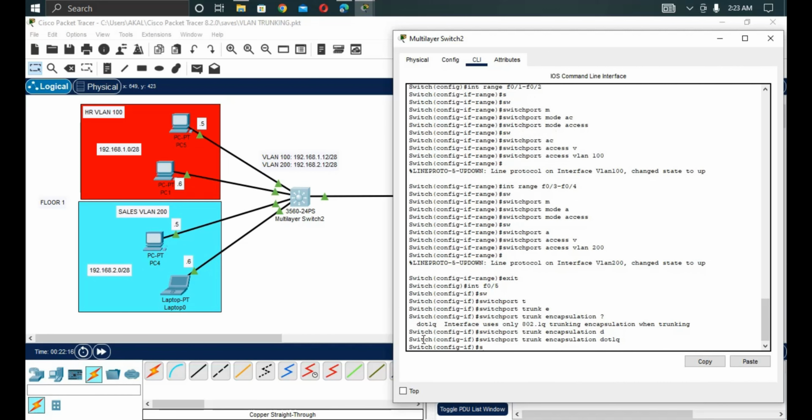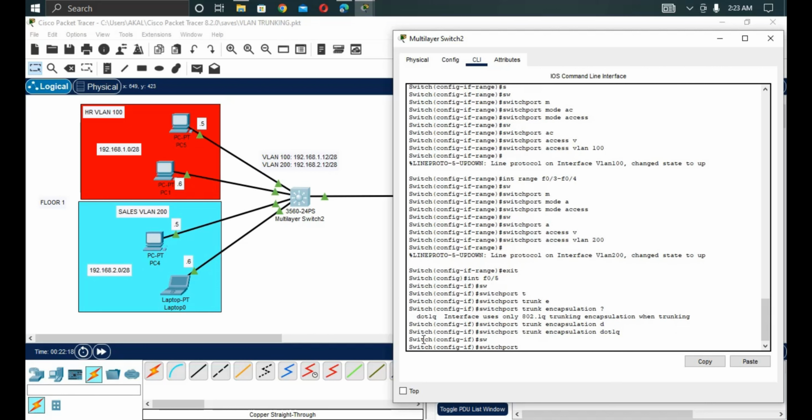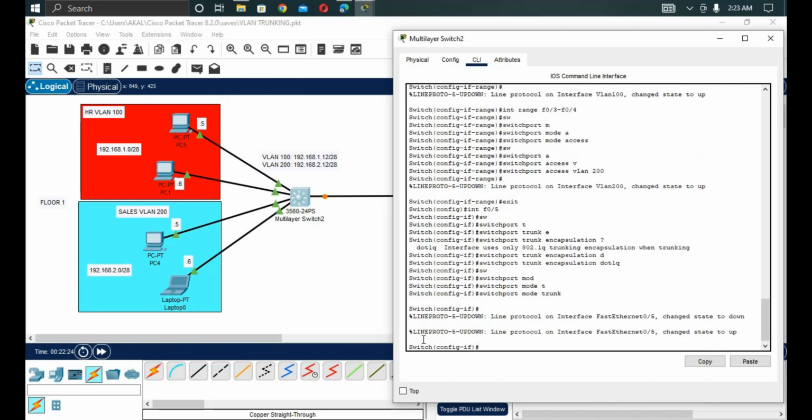Enter. After that, now enter switch port mode trunk. If you don't configure the encapsulation mode first, the trunk command won't accept. So you need to configure the encapsulation mode. After configuring the trunk, now switch port